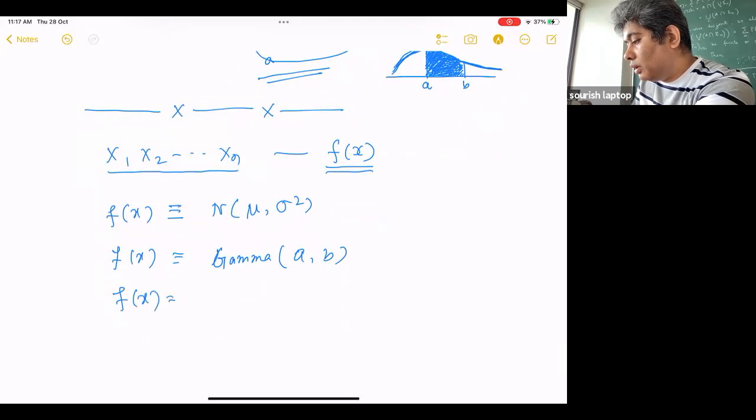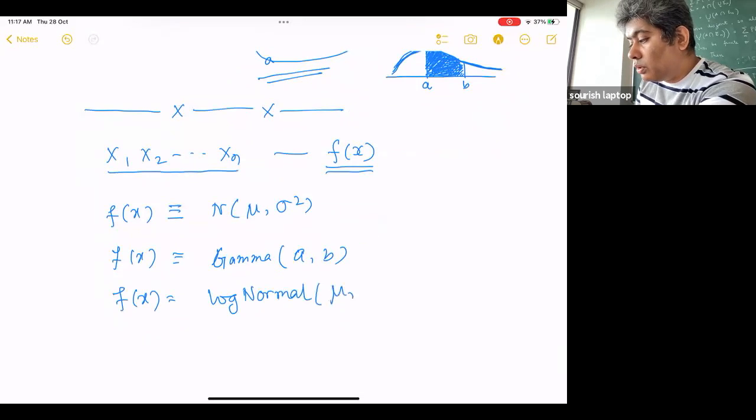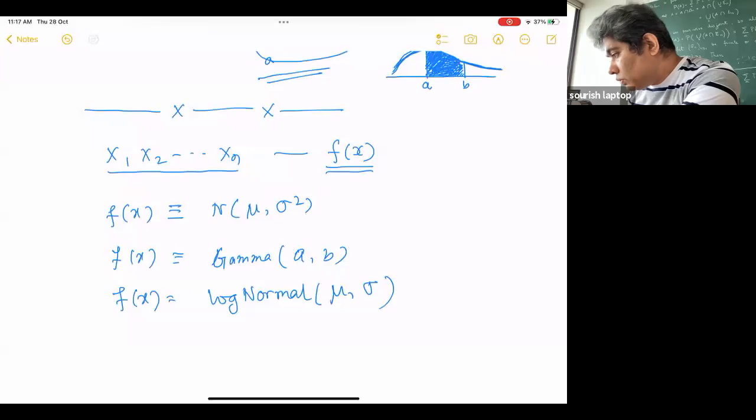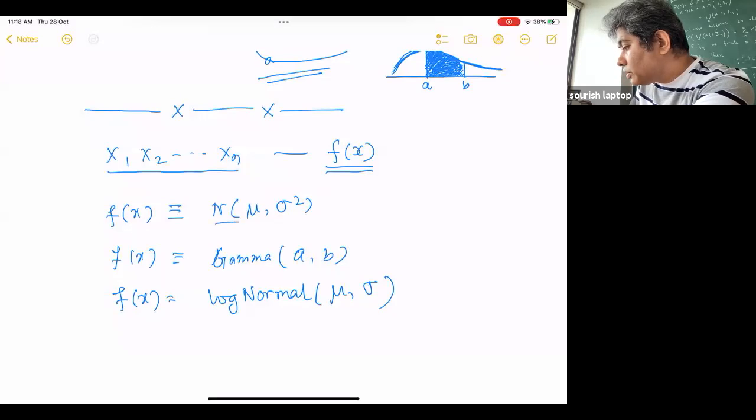Can it be log normal with location parameter mu and scale parameter sigma? So different distributions you can think of, and if you know what the distribution is, then you can